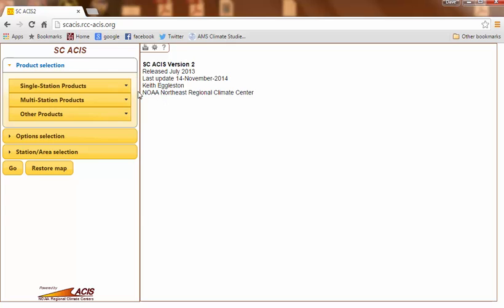Let's do an example. So for instance, if we want to extract the monthly precipitation from a station, and we don't really know when the station started, so we want to extract all the data that's been collected at one location, and then give us monthly totals, and give us annual averages, annual totals. Okay, so when you type in